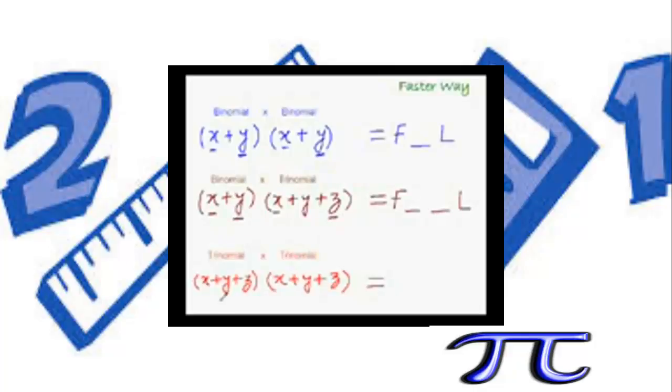And using the same logic, you know what you need to do to multiply a trinomial with another trinomial. Multiply the first term with the first term to get the first term of your answer. Now leave 3 blank spaces. There will be 3 middle terms. Multiply the last term with the last term to get the last term of your answer. That's it. And as you know, this exact same pattern would be used to multiply a 2-digit number with another 2-digit number, a 2-digit number with a 3-digit number, a 3-digit number